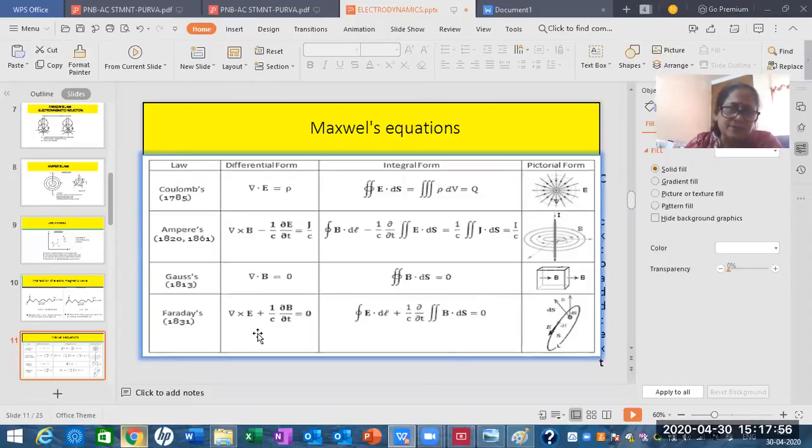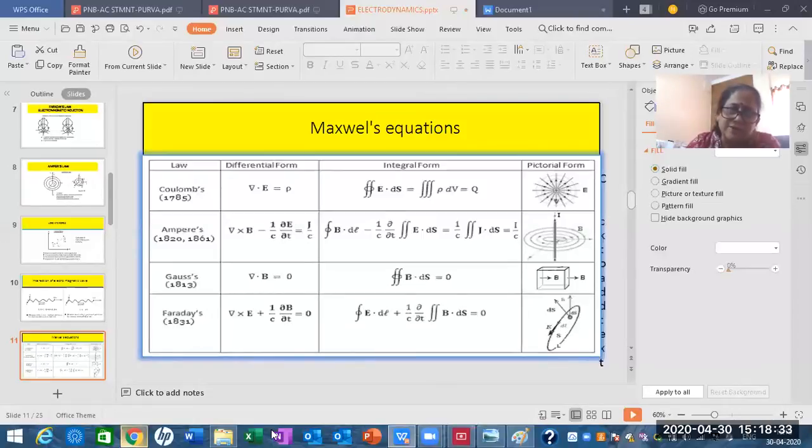Similarly, come to the fourth law, Maxwell's fourth law. It talks about Faraday's law, electromagnetic induction. It is a combination of electric curling and magnetic field variation as a function of time. The curling effect of E is seen here. Curling means it is going round and round. E has got a curvature. It is not a straight vector. It changes direction at every point. That means it is curling.